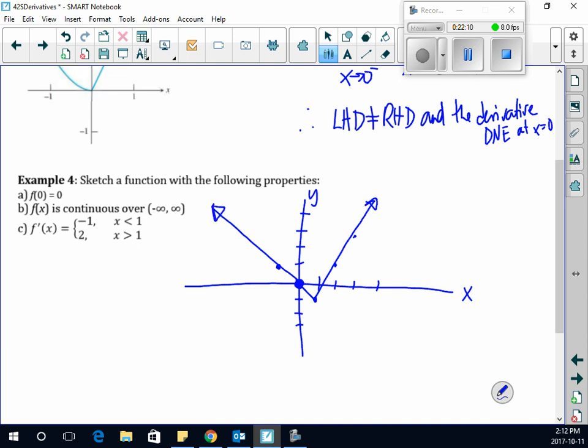So this is the slope of -1. This is the slope of 2. Right there, there is no slope because it's a corner. Anytime you have a corner, you have no slope because